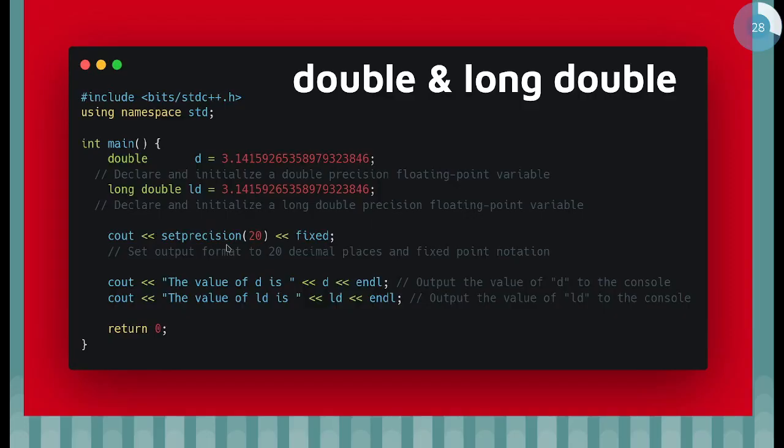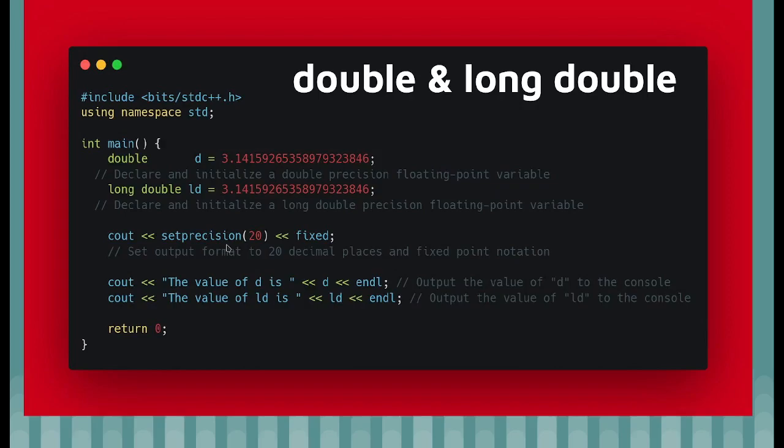Okay, next step. There is a sample here. That number has many digits of precision, and I use double for the D variable and long double for the LD variable. In this line I fix the number of digits that would be printed.